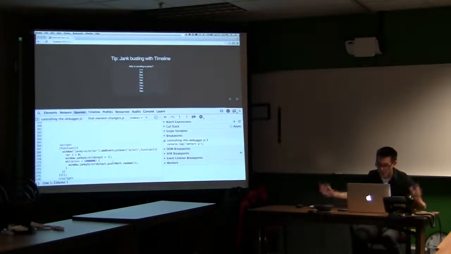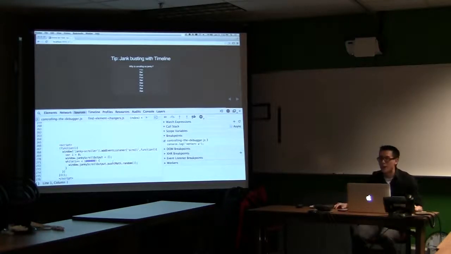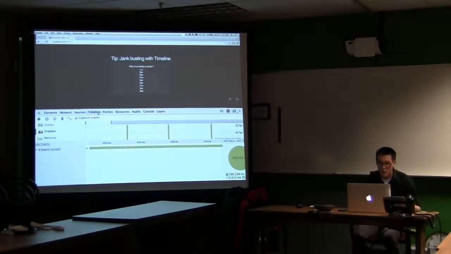So here we're just pushing a bunch of stuff, right? So I made this purposely, so that it's pretty night and day, to try to eat up some JavaScript time, right? But even with this same setup, without the tool, it might take you a while to find this problem. So I search for all the scroll events in my source file, then I try to narrow it down, whatever. But with this timeline tool, it tells you exactly where your problem is